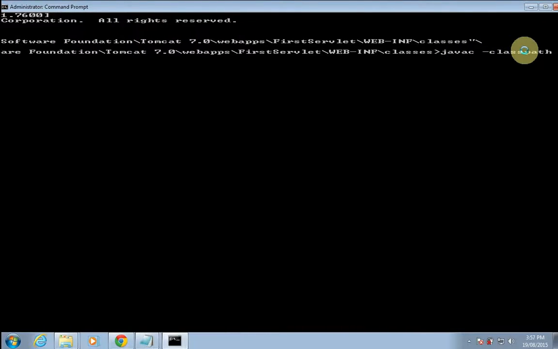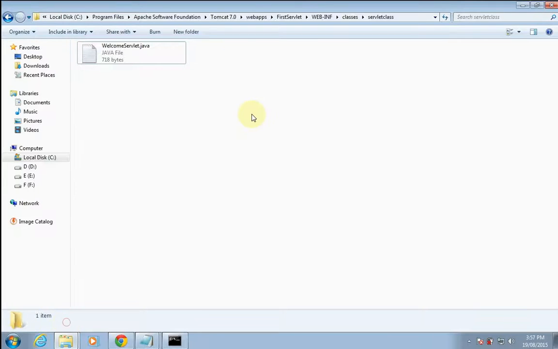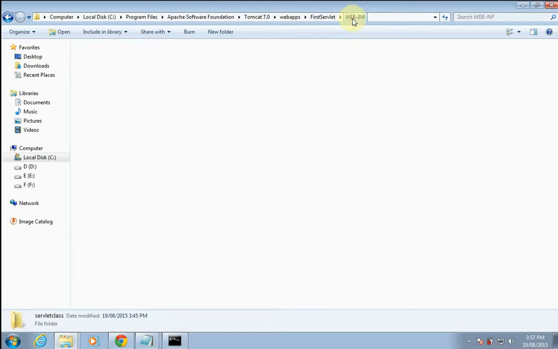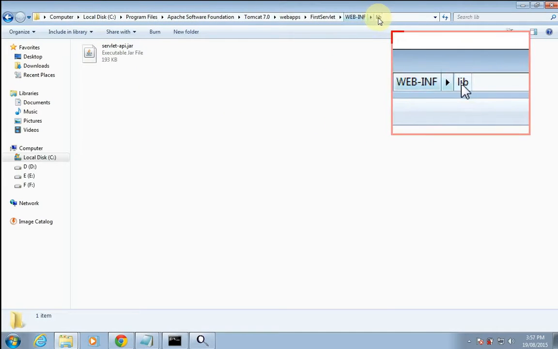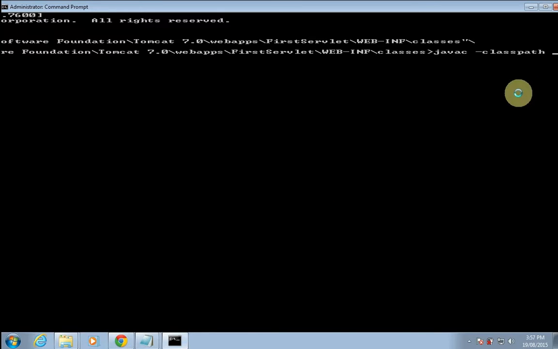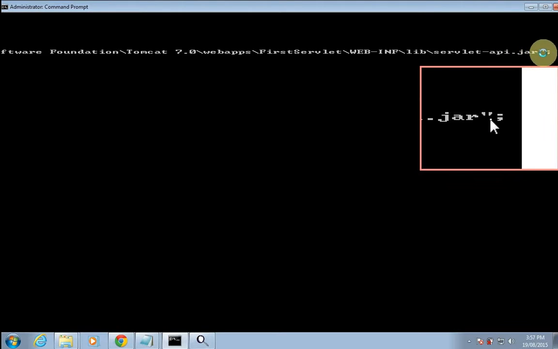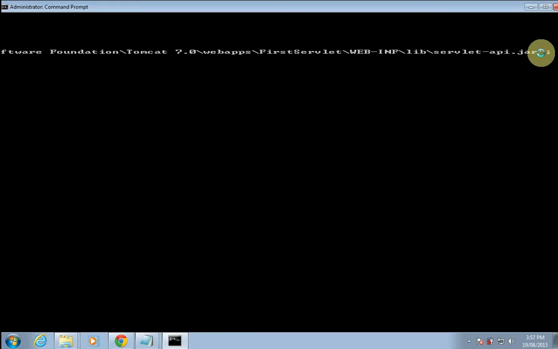Now you have to give the location of this jar file. Instead of writing the whole location manually, we can just drag this onto the command prompt. It will get the location automatically. After dragging this, you have to put a semicolon here, and after that we need to go